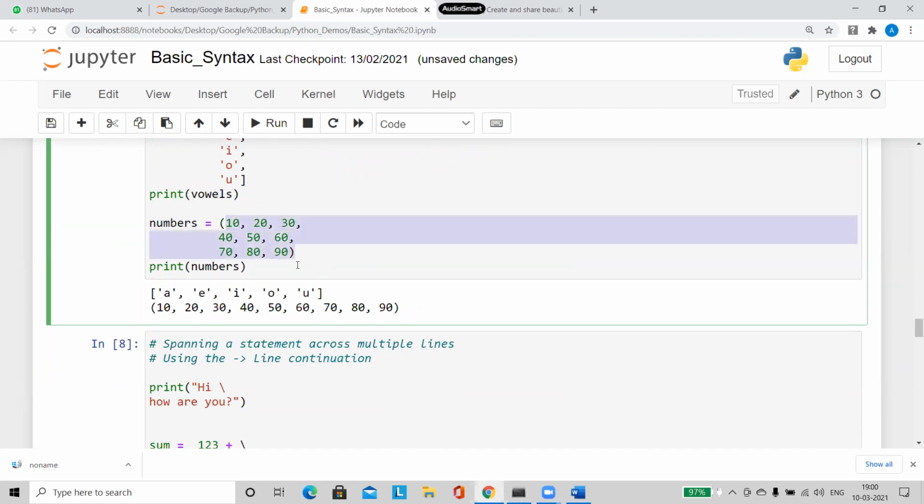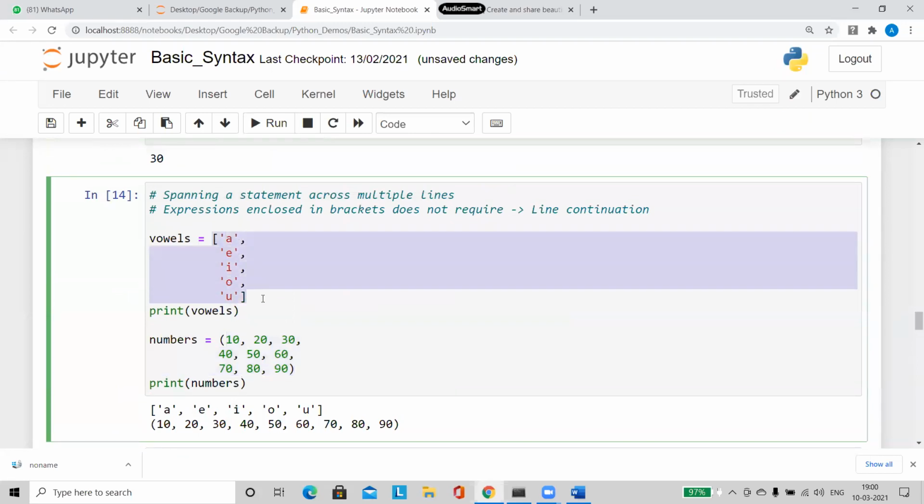We call this a tuple and we call this a list, which we will be seeing in detail in our further classes. But all you have to remember is when you are putting either a square bracket, curly braces or a parenthesis, it is possible for us to have the values spanned under multiple lines. Multiple lines are accepted, right?